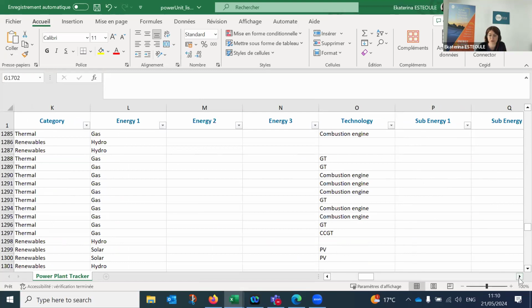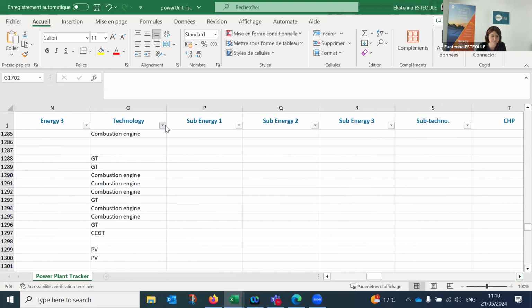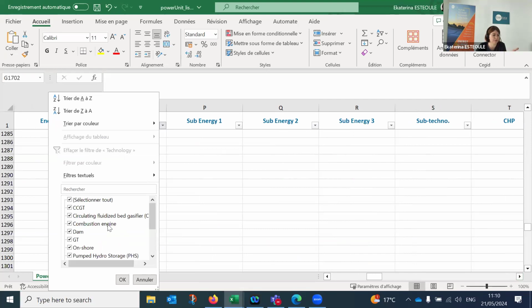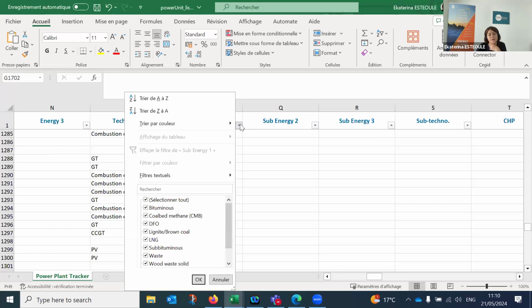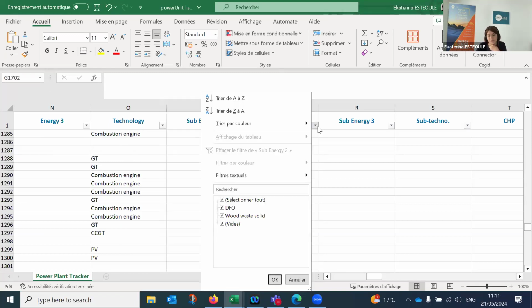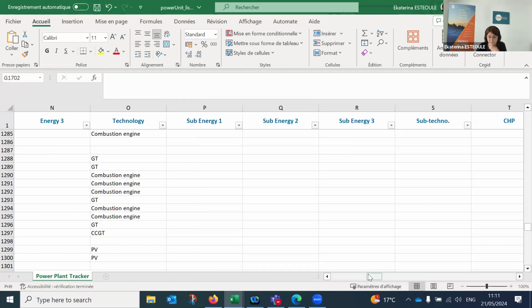You will get information on technology, of course, and you can further filter it using the Excel file, and some additional information on sub-energy. So in the first energy, you will have filtered the major one, for example, gas or biomass. And here you will get further details, what kind of gas or what kind of coal or biomass these units are using. The same will appear for sub-energy 2 and sub-energy 3.